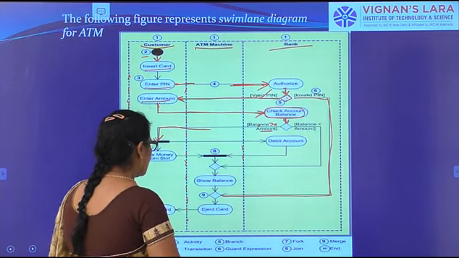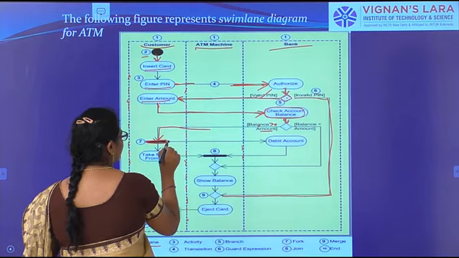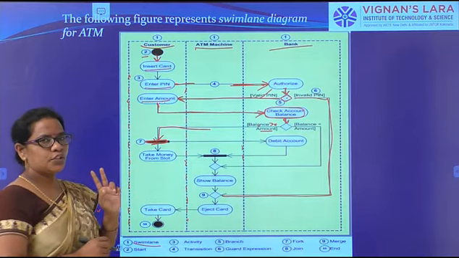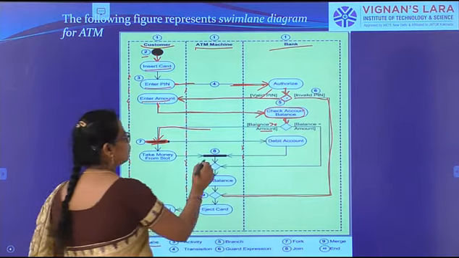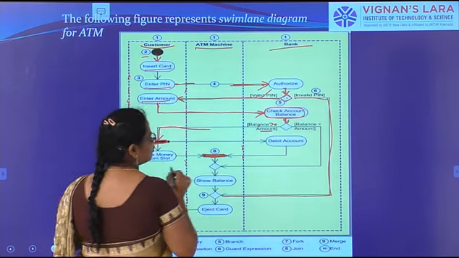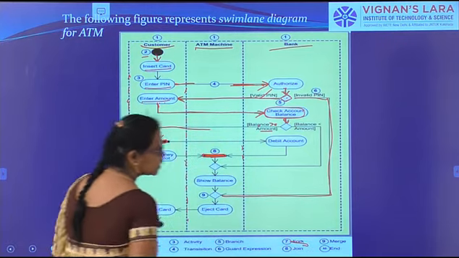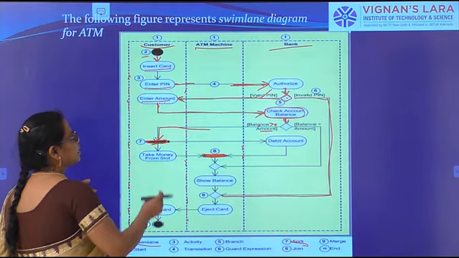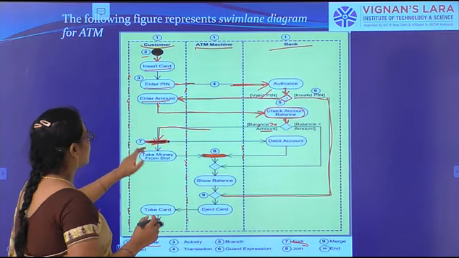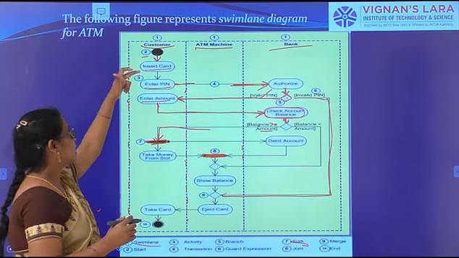Okay. So here you have this fork. A fork is nothing but the joining of the two. In this diagram you will have two different words: one is a streamline and the next one is the fork, which is a rectangular shape filled with some color. This fork is nothing but a combination. Here we don't have any link between these two, so that's why we use this fork. This fork will combine these two, so the transaction is running on the customer side.